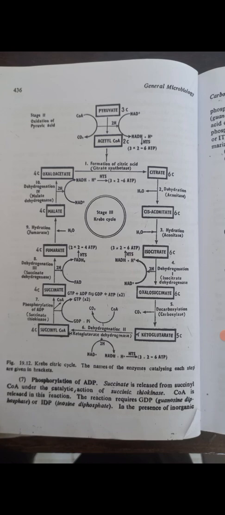Here 2 hydrogen atoms and one carbon are released. The carbon is released as carbon dioxide, and the hydrogen released gets captured by NAD plus ions to convert it into NADH plus H plus ion, which in the electron transport chain gives you 3 ATP molecules. As we are dealing with 2 pyruvate molecules, we will get 6 ATP molecules. The acetyl-CoA then